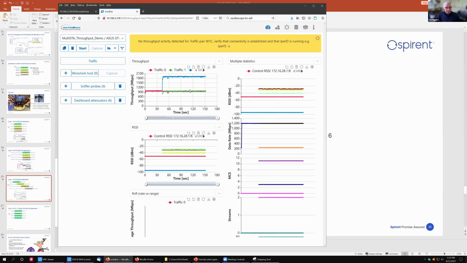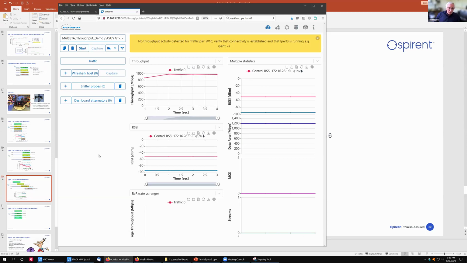A single dual stream AX station was able to go at 900 megabits a second. Again, this is running full tilt TCP/IP. The old rule of thumb where we say you take your maximum link rate and take about 50% of that is not true anymore, right? The protocols and the packet aggregations have gotten much more efficient. So with a single station running full blast, a single dual stream AX station can pretty much max out a gigabit Ethernet port.